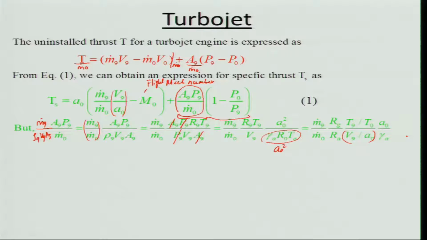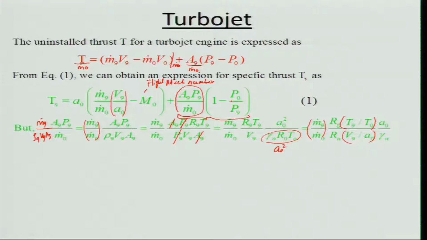So, we have expressed this term in terms of m dot 9 divided by m dot naught and V 9 by A naught, and all those things are known, and this is also another term which we will be using. We can get an expression for this. Then we can also evaluate this portion where we need not know the A 9,